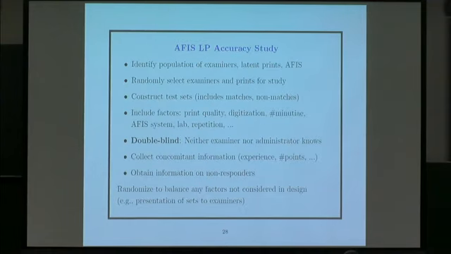Trying to actually do a study like this is going to be easier said than done. Trying to identify a population of examiners, latent prints. AFIS systems matter, as well as the database to which the AFIS system is hooked up. Plus, we somehow have to convince the lab director to let us populate his database with our 300 known mates, part of the pair. So I don't know how realistic this is going to be, and yet I do feel